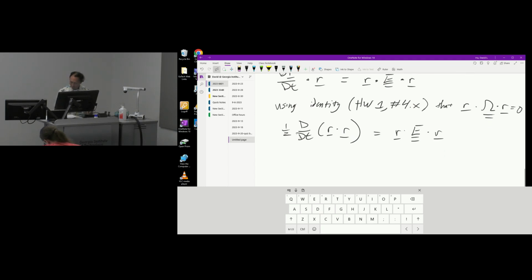All right. So now we kind of have something that makes physical sense. Remember, r was the distance between those two random points in the fluid. So this is the length squared of the displacement vector. It tells you basically how close your fluid particles are. The bigger this is, the farther apart they're going to get. And this says that those points P and Q are going to get larger and larger distance if this r dot E dot r is positive. So this prescribes the rate of change